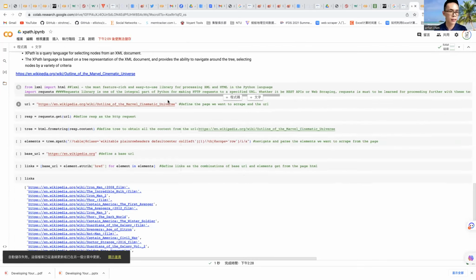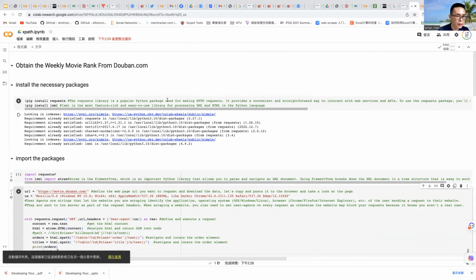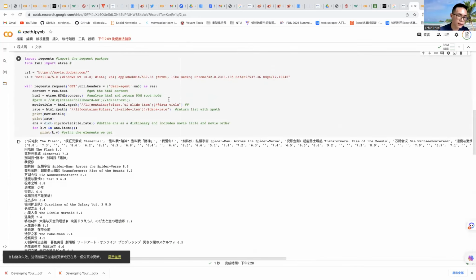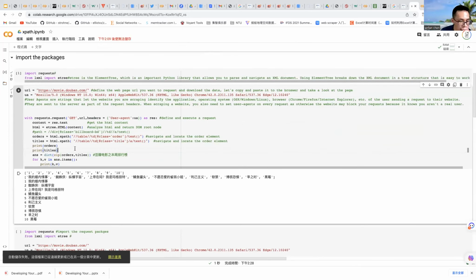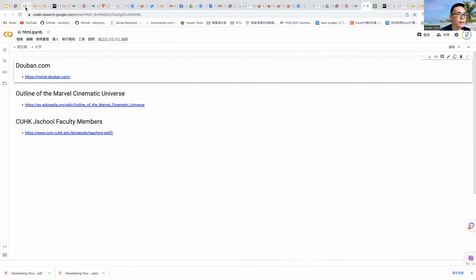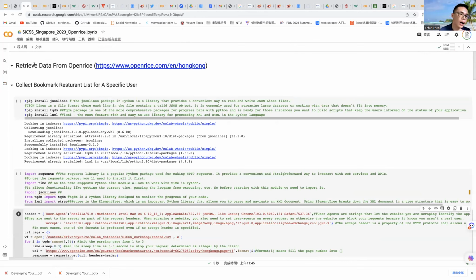Another one is, I have another example. But it seems we do not have enough time to elaborate on this section. This section is meant to collect the data from the restaurant booking website, OpenRice.